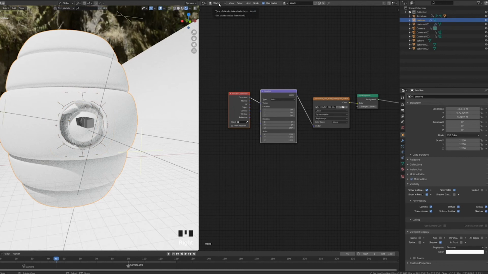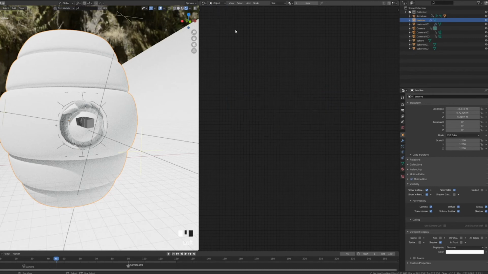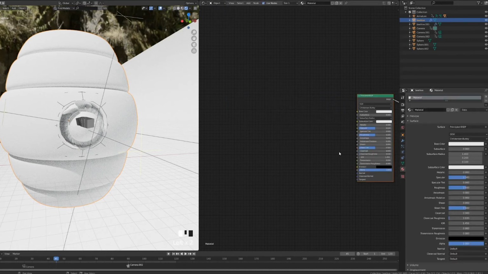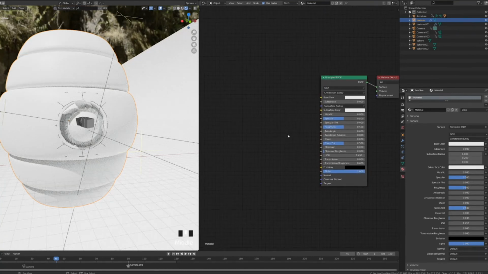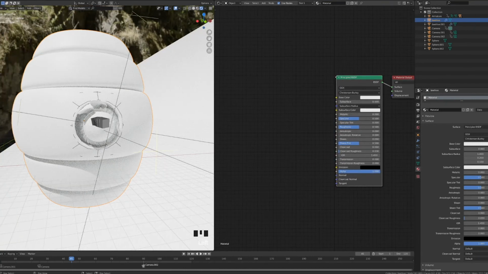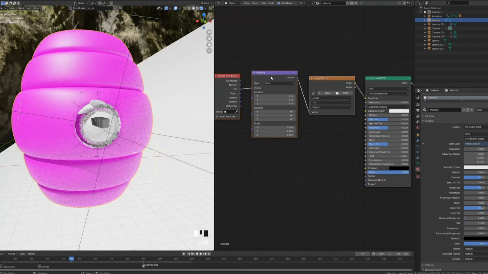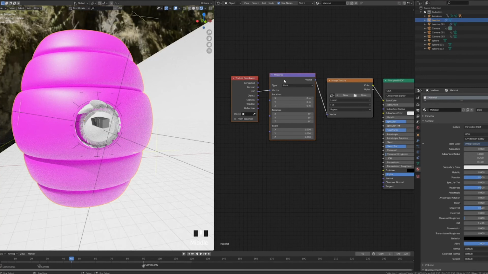Let's create a beehive material. Go back into your right side of the screen, click on the world and select the object. We will now add a new material. And let's start with a very simple material for our beehive. We won't be complicating very much. Let's just click on the principled BSDF, Control-T, and this is going to, again, insert the texture coordinate, mapping, and